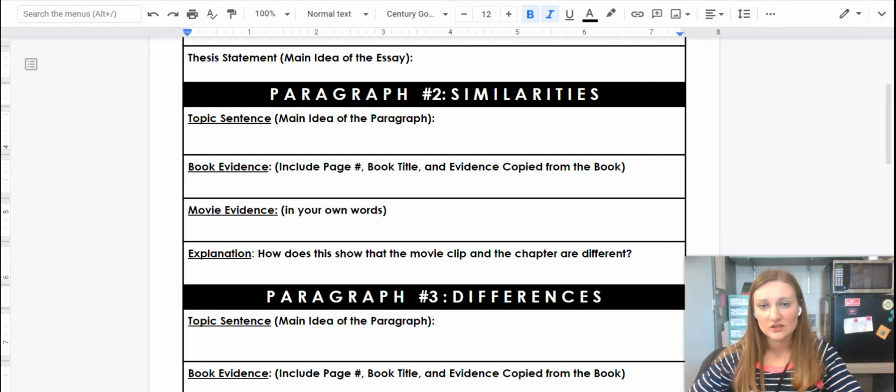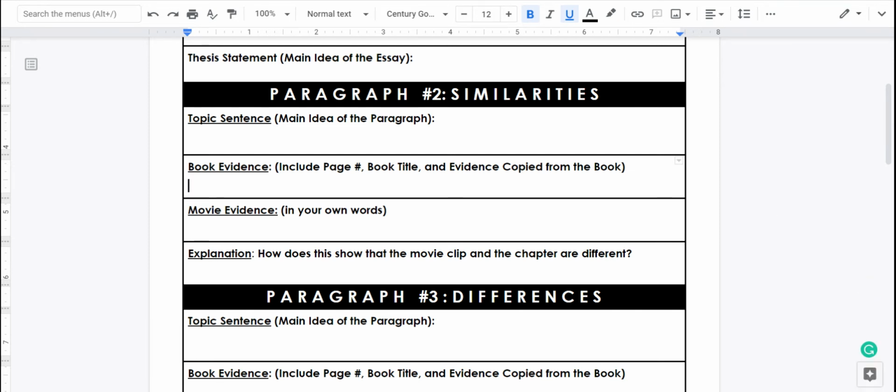We're actually going to start with our book evidence. So one similarity we found in the book and the movie is that in both of them, Percy cuts off Medusa's head. So in our book, we see evidence for that on page 183. So I'm going to start my evidence by saying on page 183 of The Lightning Thief, it says,